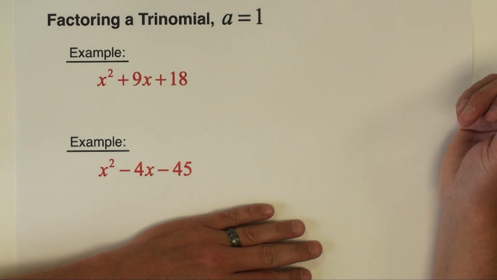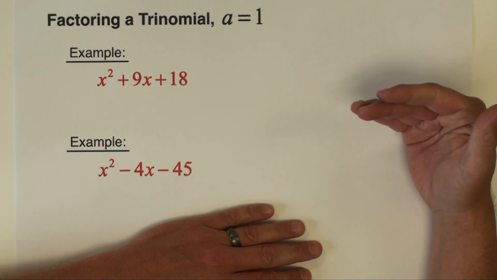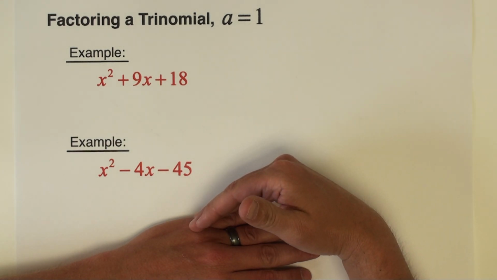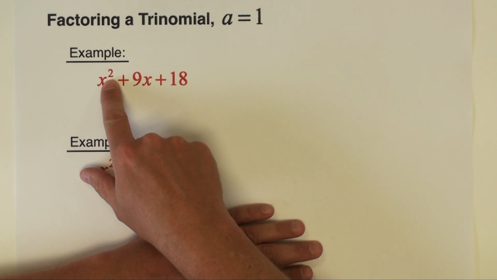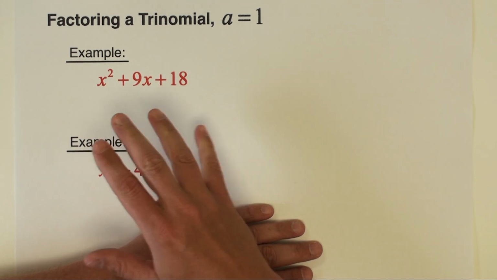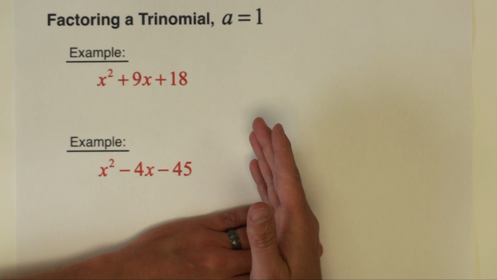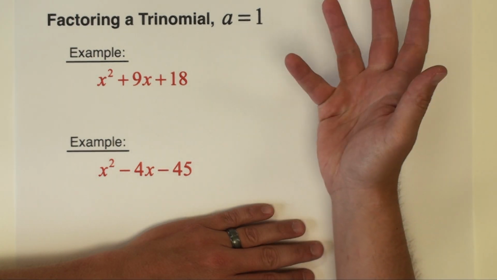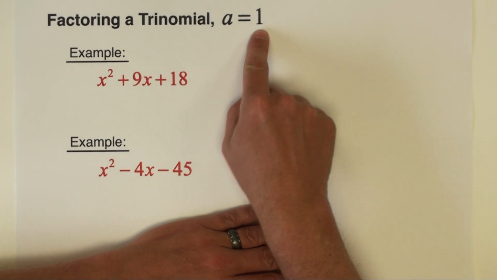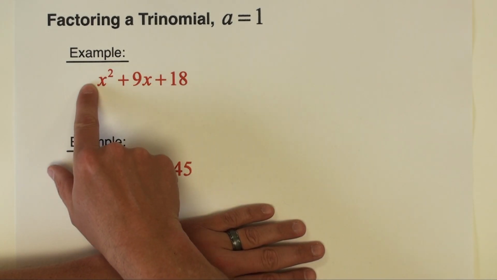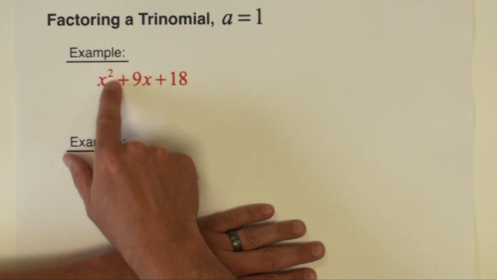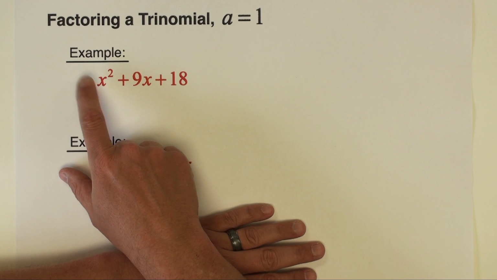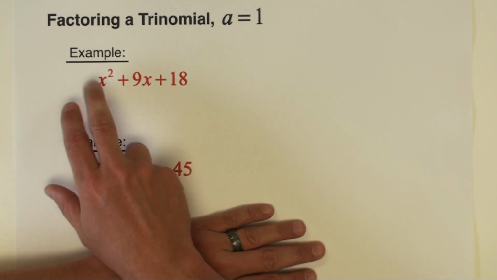The topic for this video is factoring a trinomial. For the sake of explanation in this video, the trinomials are going to be quadratic, they're just going to be x squared. Also, in this video it's going to be a little bit simpler than some other videos I will make. The a equal to 1 means that the leading coefficient is 1. So we just simply see x squared. We don't see something more complex like 2x squared or 3x squared or anything like that. So just simple x squared